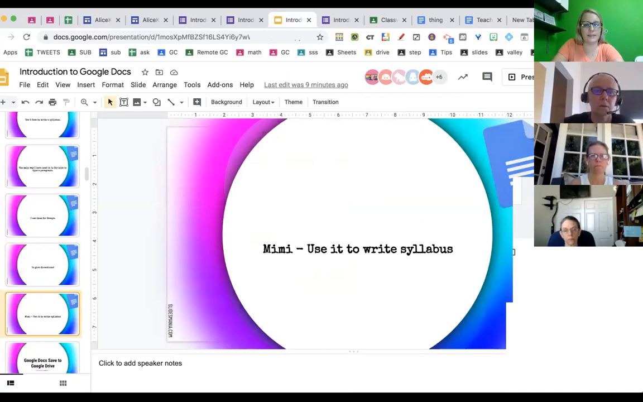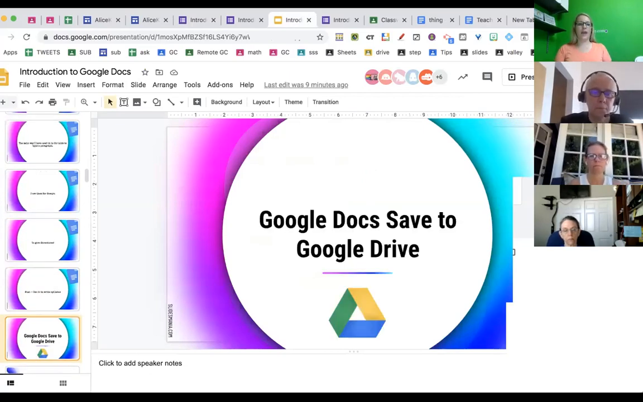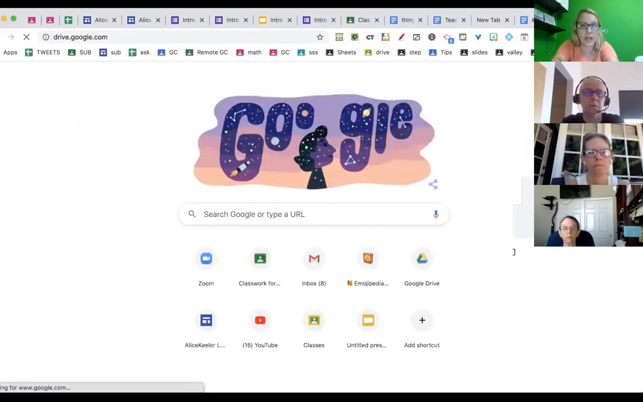Right, syllabus. Thanks, Muni. Okay, so something important to know for the basics of the introduction to Google Docs is that Google Docs save to Google Drive. You create them in Google Drive. So when I go to drive.google.com,